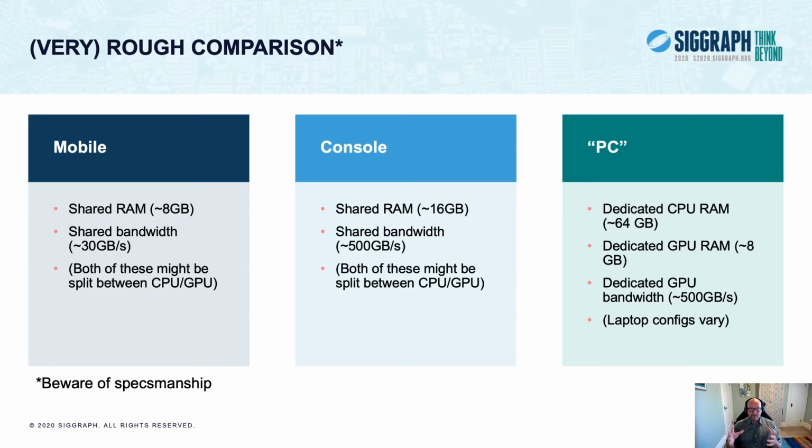And in the middle, you have consoles, which are kind of like a special purpose PC, really. They do fall somewhere in the middle. They have bandwidth numbers that are similar to PC bandwidth, but the physical quantity of memory may be quite a bit lower than that. But again, you're going to have something kind of in the middle there.